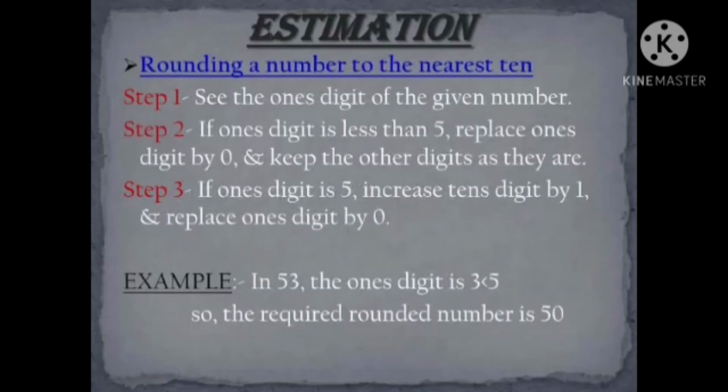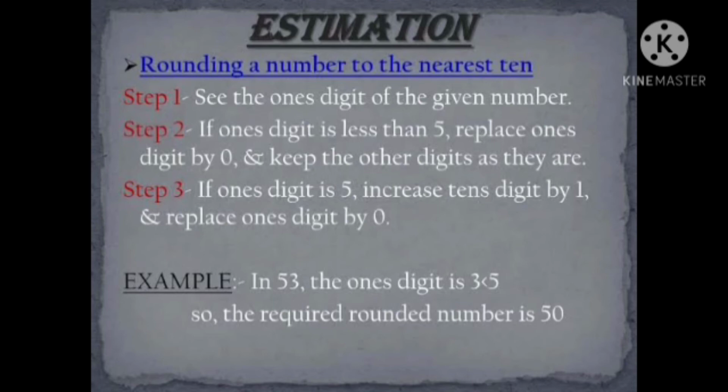Before seeing the exercise, let us see what is an estimation. Nowadays, we hear the common news: nearly 200 people died due to corona. This 200 is an estimation. They use the word nearly 200 people. So they are estimating the number of people who died due to the disease. 200 is not the exact number. It is an estimation. Then, for example, nearly 300 people joined the Pongal celebration. It is again the estimation. They are rounding the numbers nearer to 300.